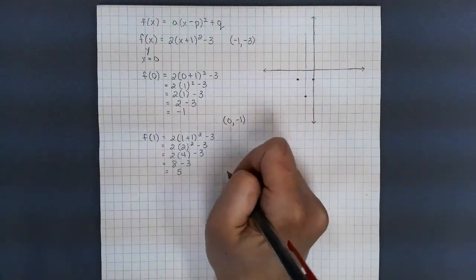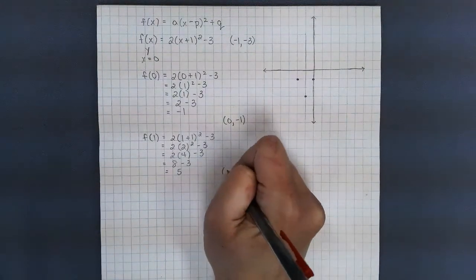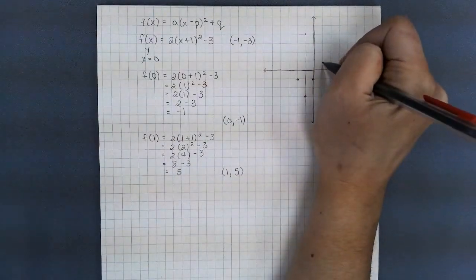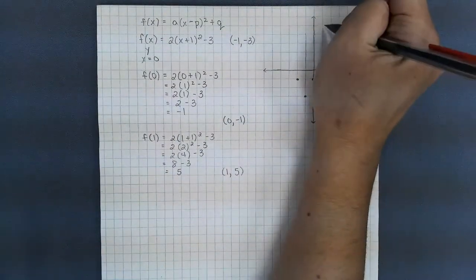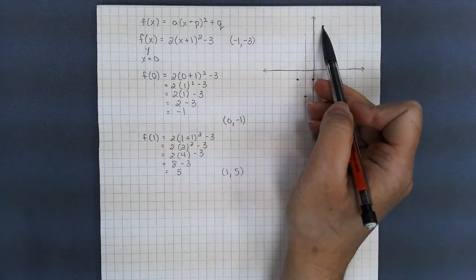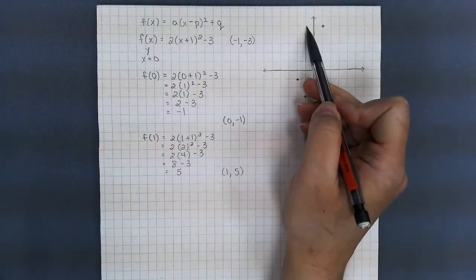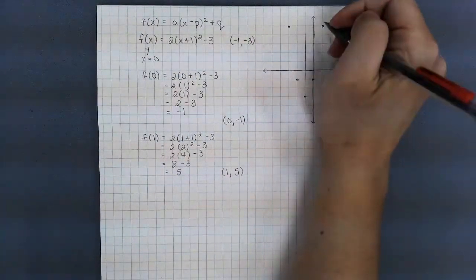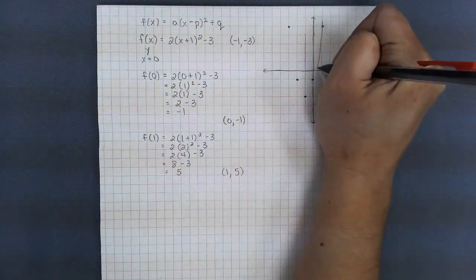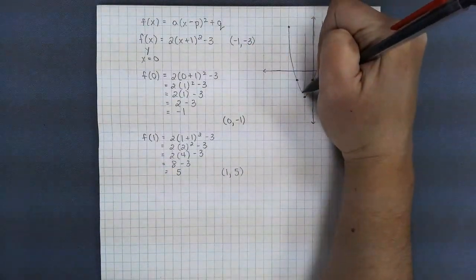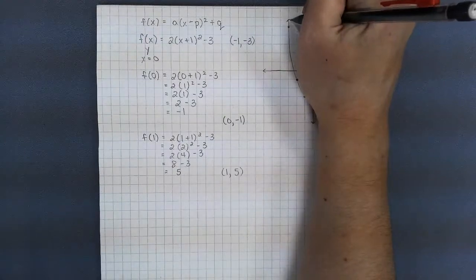So now my next point that I have is 1 in the x, 5 in the y. So 1 over and 5 up. And that point is going to be reflected across the line of symmetry, so it's 2 spaces away from the line, so 2 spaces away from the line on the left. And there we go. I've got my parabola that I can now sketch, and you can see it opens upwards